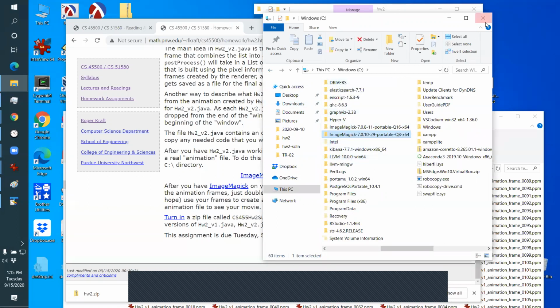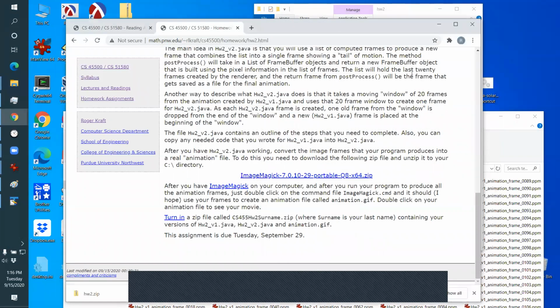Okay, that's ImageMagick. ImageMagick is an image processing program that's used by a lot of people. It actually comes from the Linux world, but there's a Windows port of it. It does all kinds of neat things. You know, it does magic with images. It's a command line image processing program. It's not like Photoshop, although it can do anything Photoshop can do, but it's command line driven. It's mostly used as a tool for post-processing images using scripts. So it's a kind of useful little tool. Put that on your computer, and then